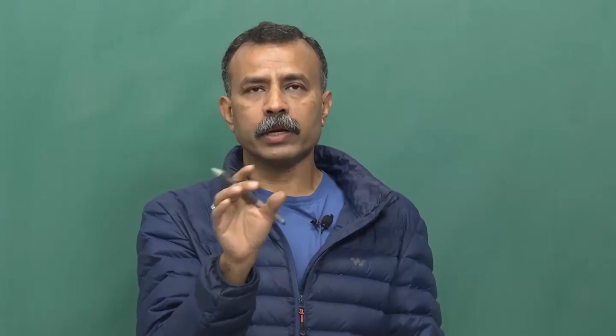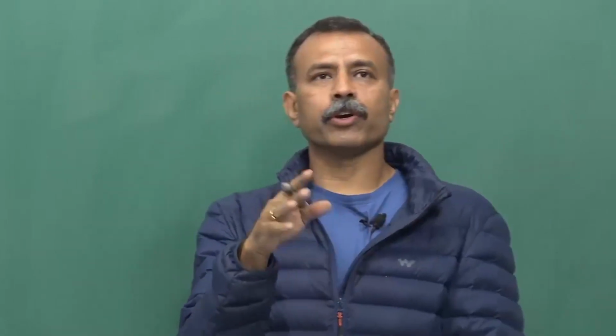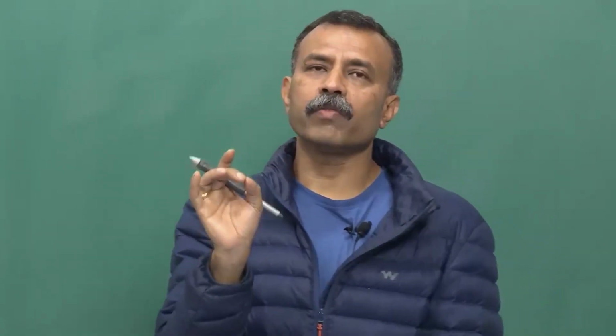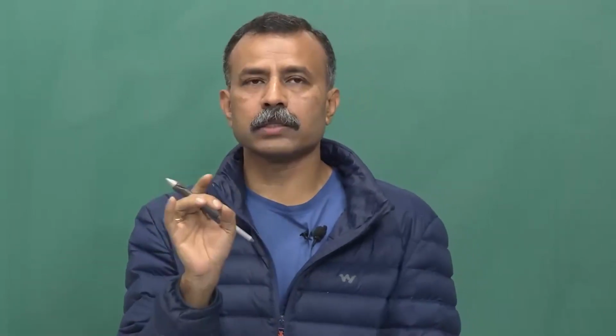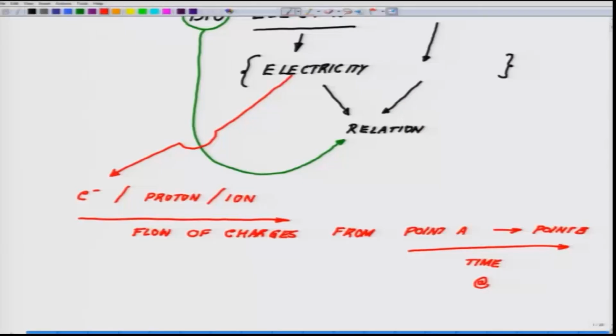So, every minute, you average it out over a period of time, and I say every minute or every second or every x unit time, this many charged particles are moving through that particular point. So, that is what we talk about when we talk about current. So, now the next question comes,